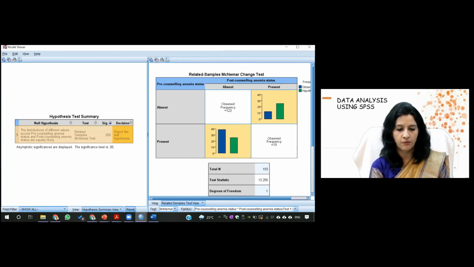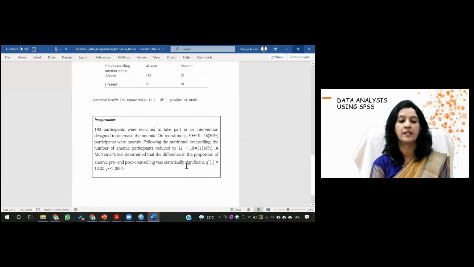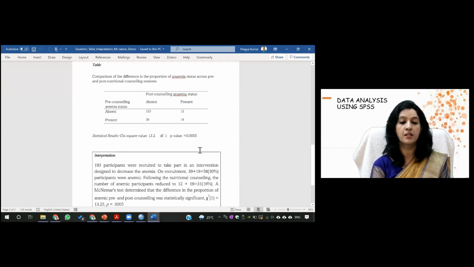Right. So I was telling you about the test of marginal proportion. Yes, so you can see here that we are doing the marginal. What do I mean by marginal proportion? That you are only testing the marginal one. This 39 plus 19 is a margin, and this 19 plus 12 is also a margin.